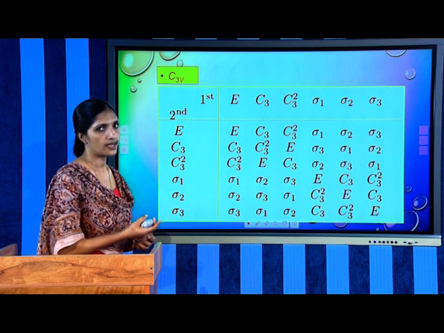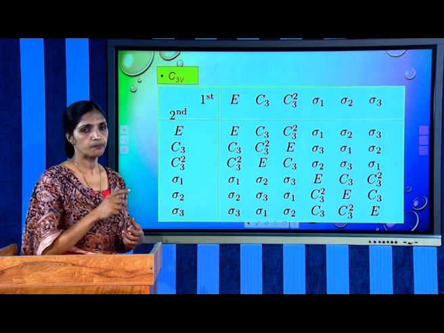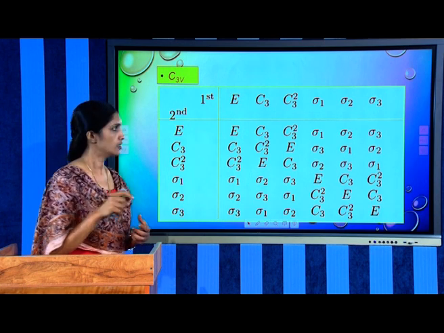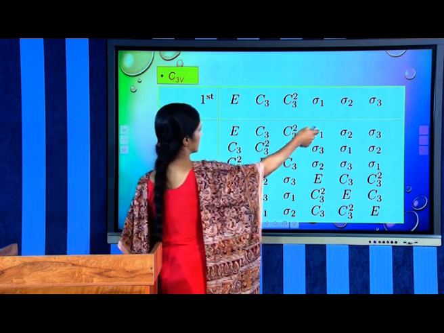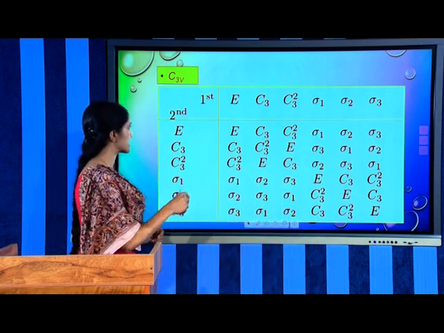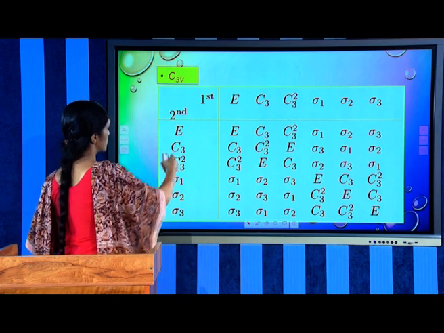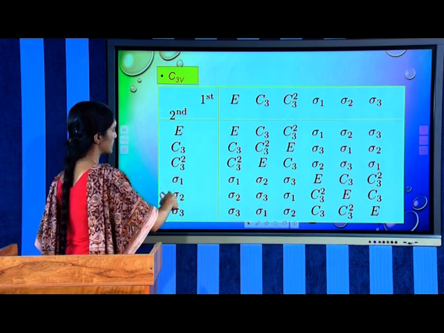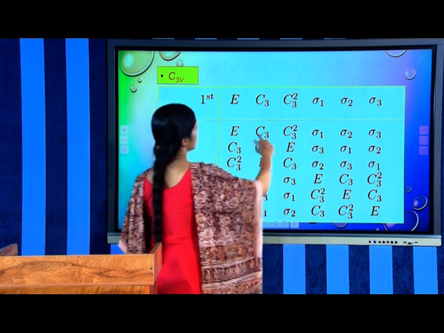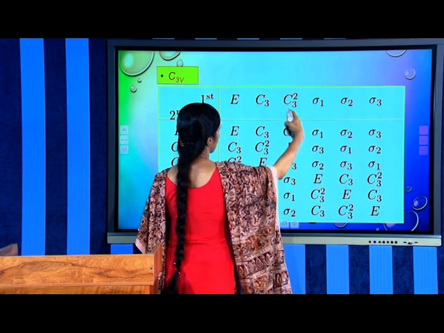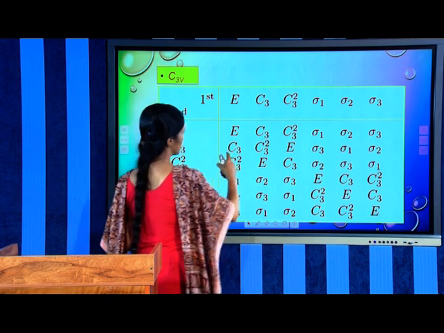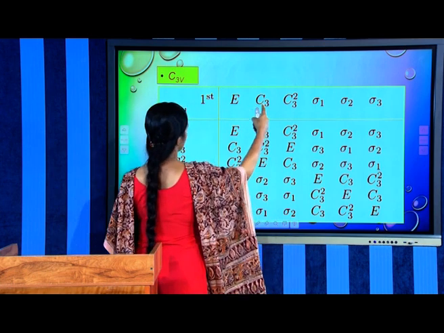We can represent them in another way also, like sigma, sigma prime and sigma double prime. But for easiness we can select sigma 1, sigma 2, sigma 3. These are the 3 planes. So in this column also we have to write E, C3, C3 square, sigma 1, sigma 2, sigma 3, the 3 planes. Now this row is exactly the same and this column is exactly the same, and we have to multiply these to fill the